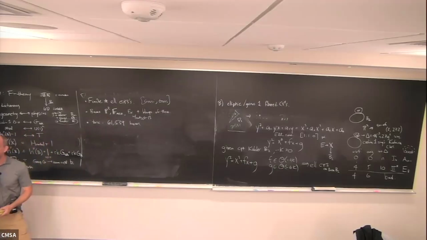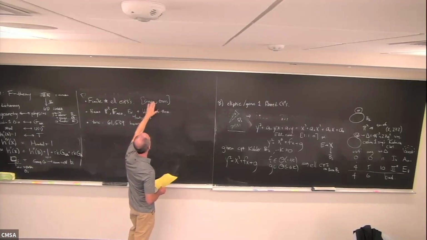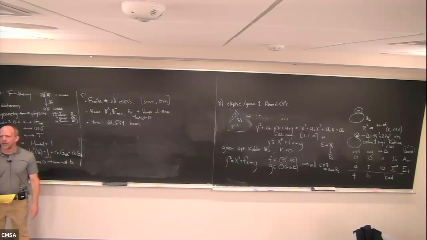Yeah, please. Is it the paper of Grassi and Gross where they prove finiteness of elliptic Calabi-Yau? Which paper of Grassi? There's a paper of Grassi where she talks about the bases using the minimal model, and then Gross. I don't have the exact reference. So it's two different papers. Two different papers.